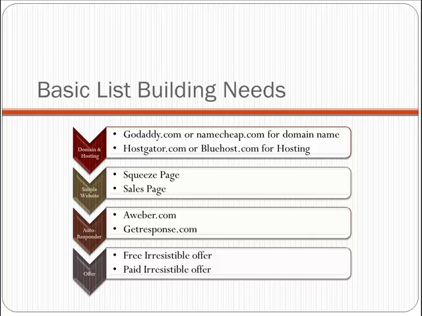You're going to have an autoresponder. My recommendation number one is going to be aweber.com. I love that autoresponder. It's got all the features that you need to really build and manage a good list. My second one would probably be getresponse.com. These are two great ones that will grow with you as you're going, and that's something that's very important, to choose an autoresponder that you can grow with, because it's really hard to switch when you're midstream.